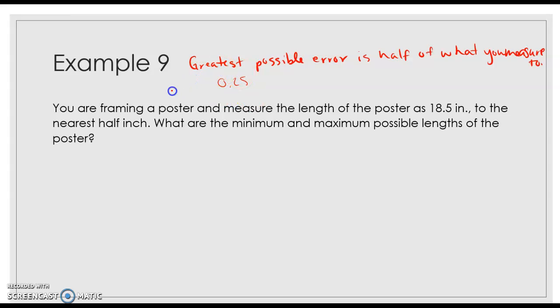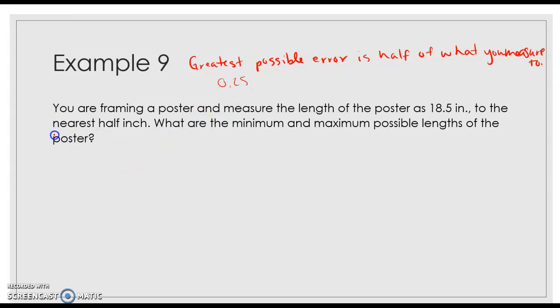If we're measuring to the nearest inch, then our greatest possible error is going to be 0.5, because when you think about it, if I'm rounding to the nearest inch and I'm over halfway, I'm going to round up. But if I'm below the halfway, I'm going to round down. And so the greatest possible error is whatever is half of what we are measuring to. So in the case of this problem where we're measuring to the nearest half inch, our greatest possible error is